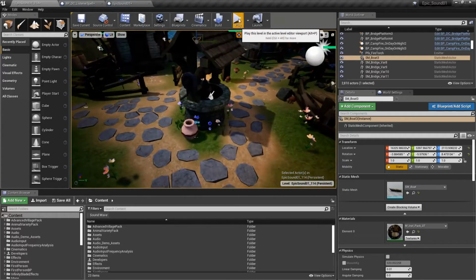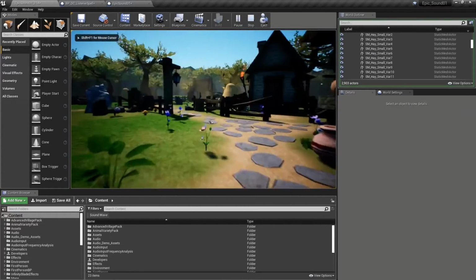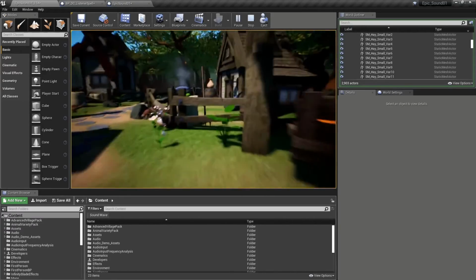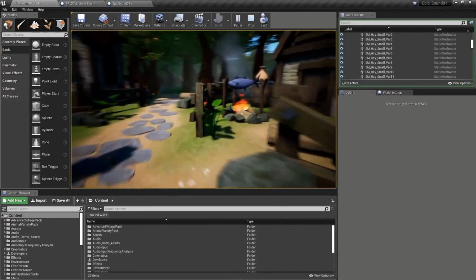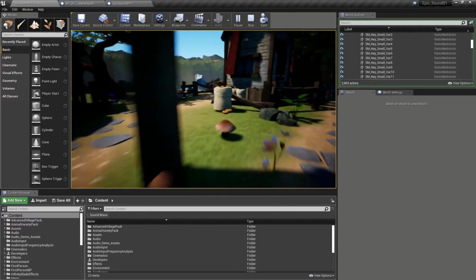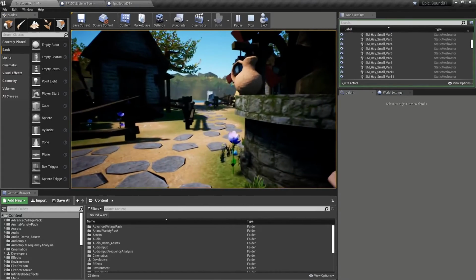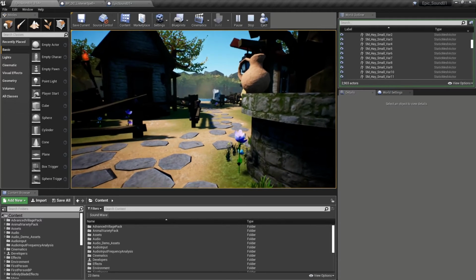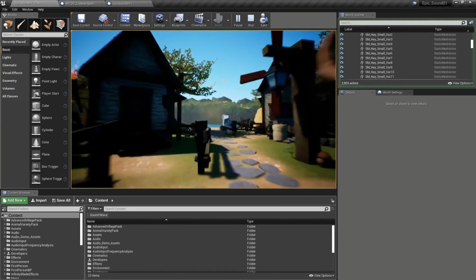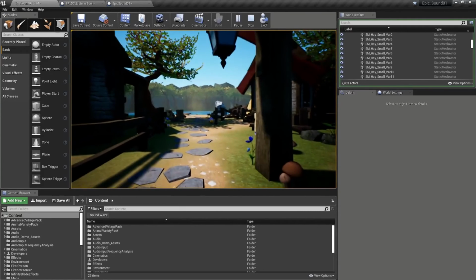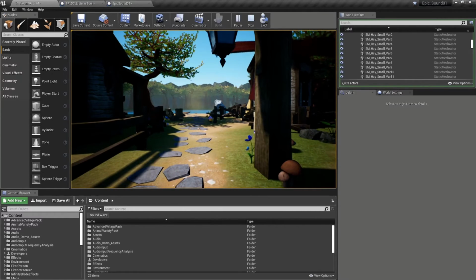So back in the village, by default, our listener position is with the player. And here as we wander around, I'm going to press Z. Now you can hear our listener is over where that boat is near the lake. And I press Z to flip it back to the player controller